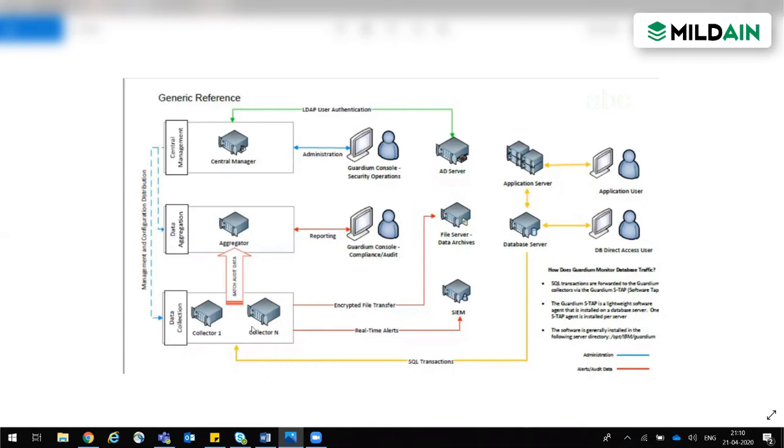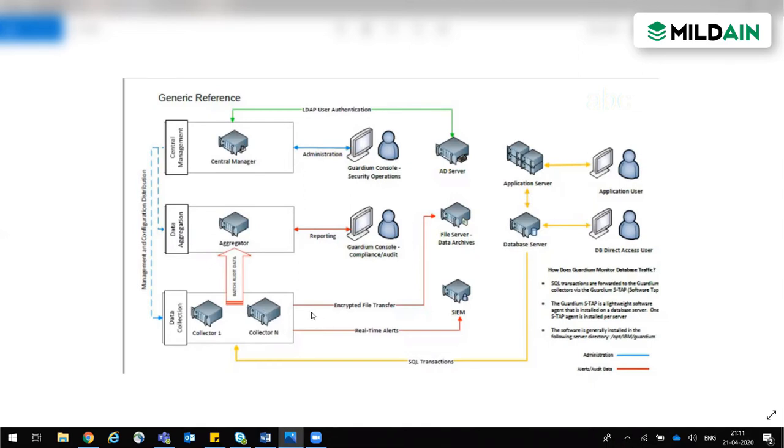Now there is one more component which needs to be enabled for capturing the database traffic. That is called the inspection engine. Again, the inspection engine has some configurations. It discovers the instances or the applications running on the database servers. There are two ways to find out those instances. Either we can run the command directly from the collector onto the database server, or we can ask the DBAs to provide all those details. Once the inspection engine is configured, only then will we capture that traffic onto the collector.